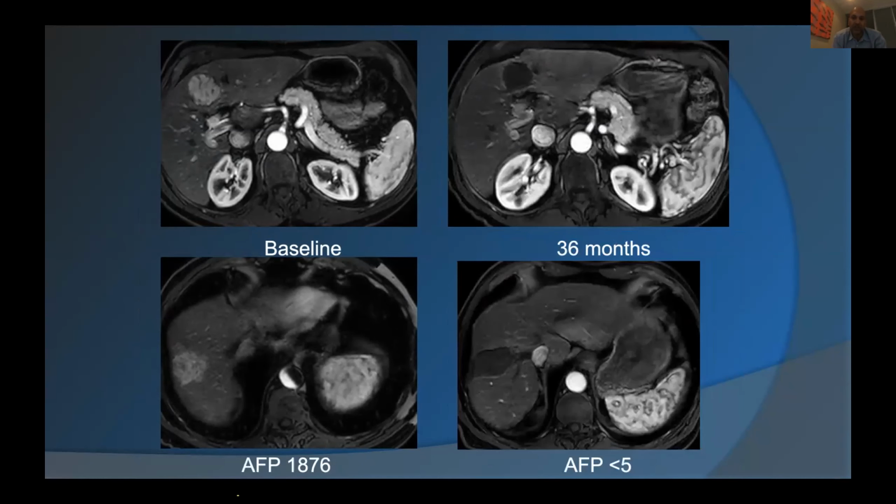This is 36 months, so 3 years out, single treatment. And you'll notice that segment 8 lesion, it essentially looks like there's an infarct. And this was read at an outside facility, and they didn't have the history, and they basically said that surgical resection has been performed in segment 8 because it essentially liquefies everything in that area. And his AFP was undetectable at that time.